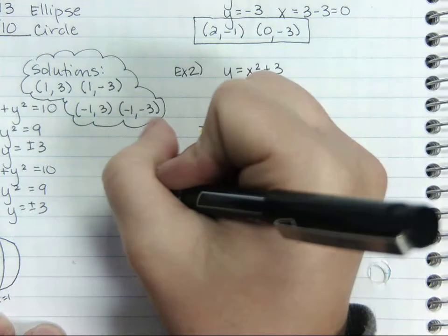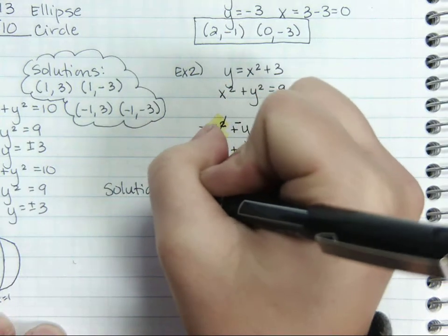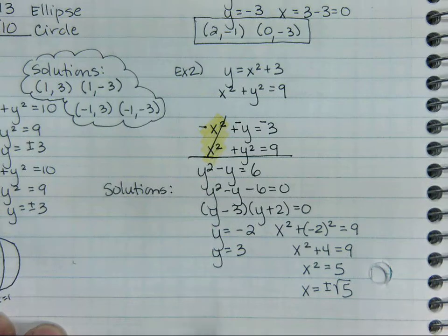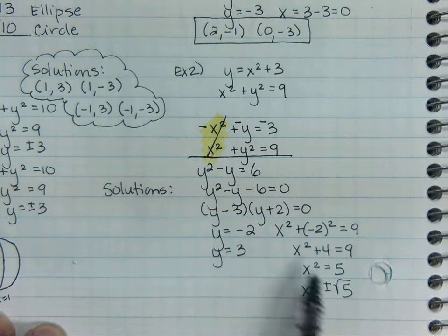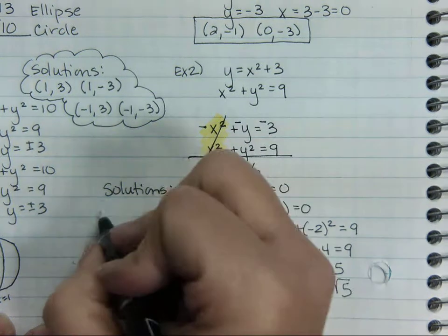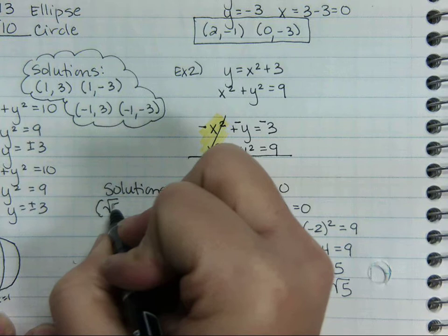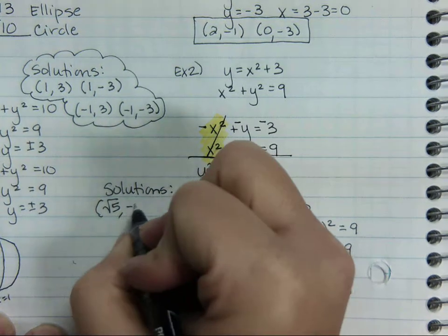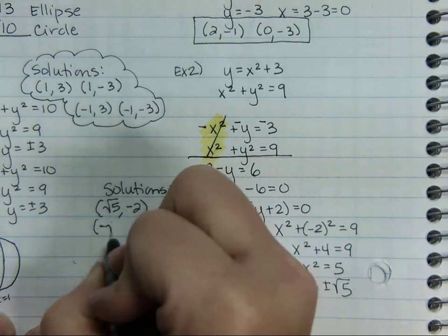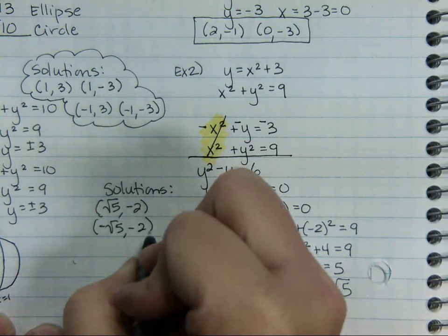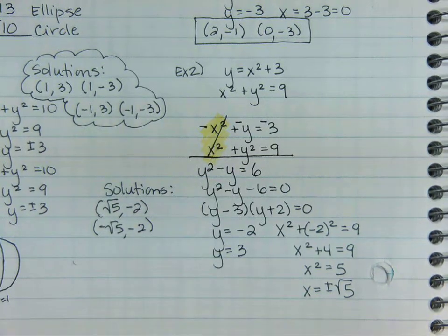And I'm going to start writing my solutions since I'm running out of space. So I actually again have two solutions to this with the parabola and the circle. When x equals root 5 and y equals negative 2, but also when x equals negative root 5, y equals negative 2. And then I'm going to need to check